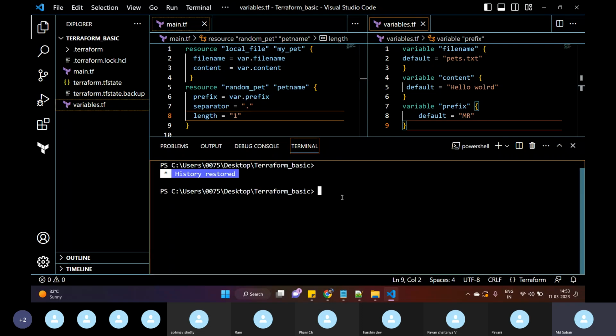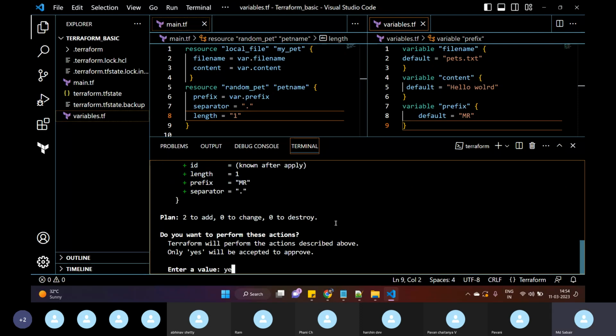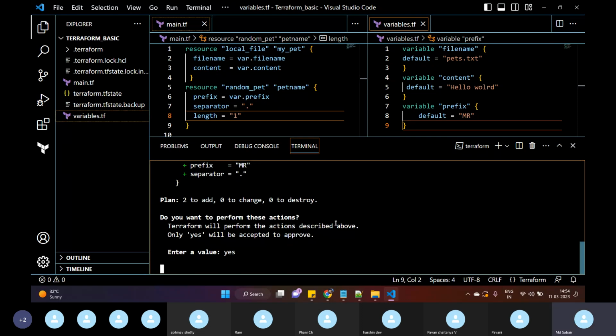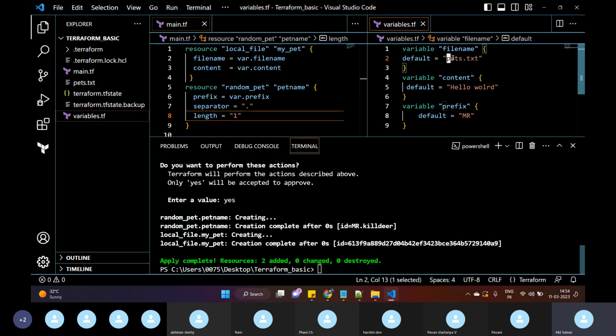Okay, now let me show you something. For example, if I'm trying to use terraform apply, and yes, okay, two resources have been created, that is pets.txt, because as of now it is picking up from variables.tf. The environment variables collapsed the moment I closed the session. Okay, so now we have